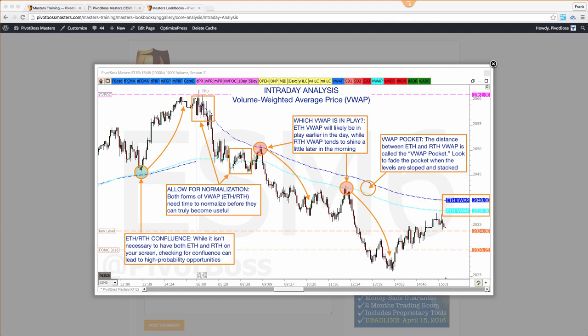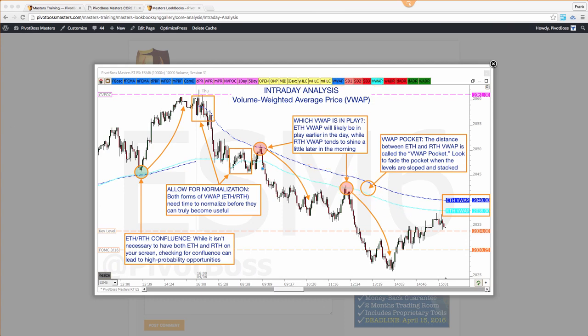But by no means am I saying that you must plot both VWAPs. You do not have to plot both VWAPs. I usually plot ETH VWAP only, and if I'm curious, I pop up the RTH version. So up here on this chart, for example, here's ETH. That little button's RTH, so I can pop this one up and this one comes up, and if I'm curious, I hit that button and this one pops up. Then if there's nothing doing, I hit that button again and it drops off.